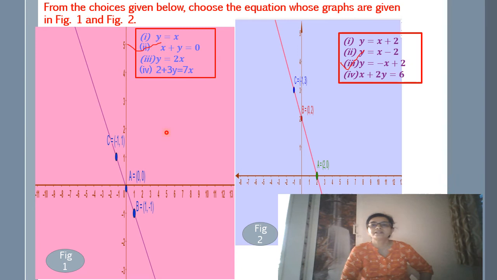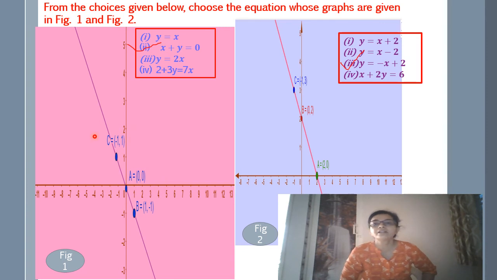So let us take equation 1. Replace x and y with 0 and 0. You get y is equal to 0, x is equal to 0, and both are satisfied. But you can see that I have not put a tick on this equation. It means this equation is not relevant to the graph. Why have I not put a tick? Because just checking with one point is not a good decision. You have to check with other points also.